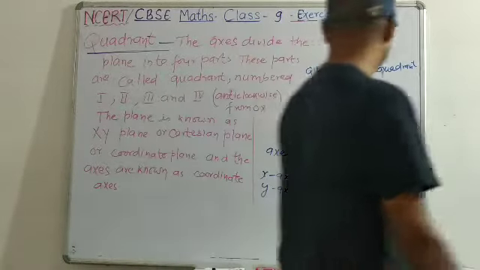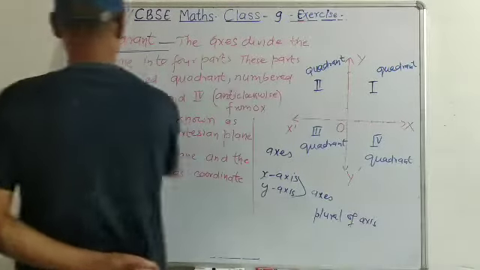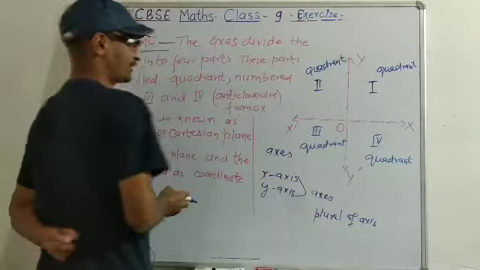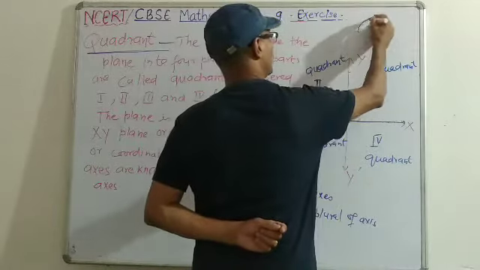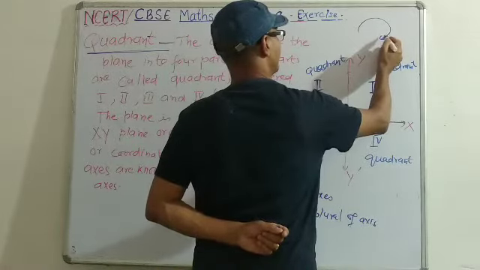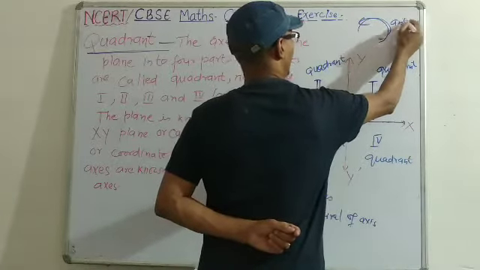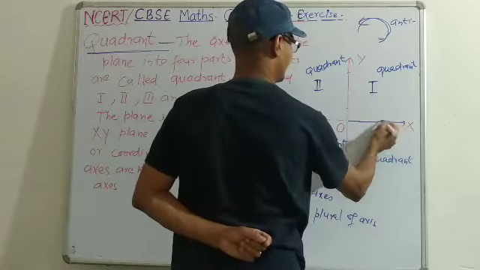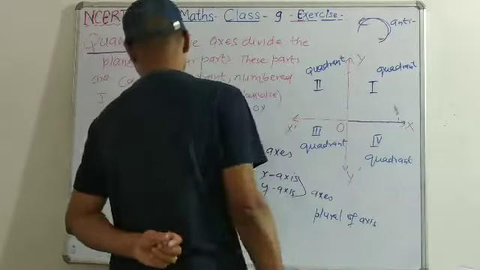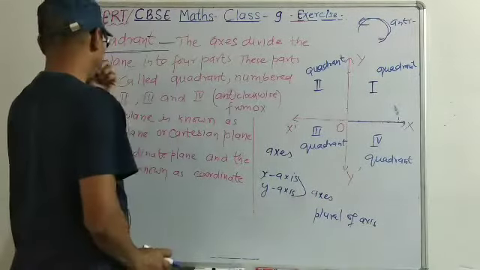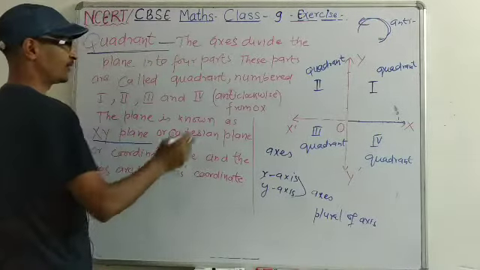So it should be memorized by you. Do not make a mistake in the order. Numbers 1, 2, 3 and 4 go anti-clockwise from OX. Clockwise means the direction in which a clock moves, and if we move in the opposite direction, we say anti-clockwise. So it is first quadrant, second, third and fourth quadrant. The plane is known as the XY plane, otherwise the Cartesian plane.